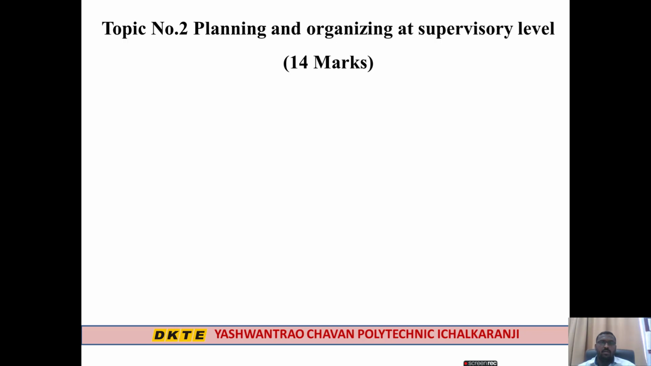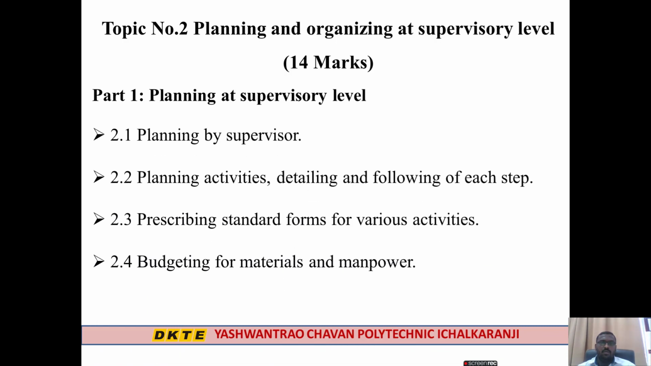In the organizing phase, we see what are the different physical resources required to machine the component, for example, machine, men, etc. So this topic is mainly concentrated on the activity of a supervisor in planning and organizing to carry out a particular activity in the industry. This topic is divided into two parts. Part 1 covers the planning phase and part 2 covers the organizing phase. In part 1, planning at supervisor level, we are going to see